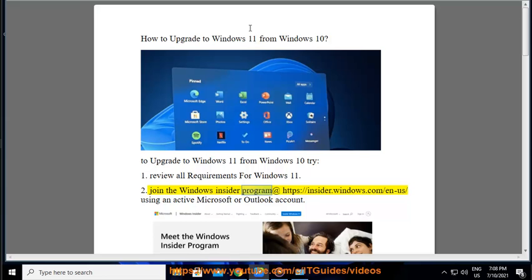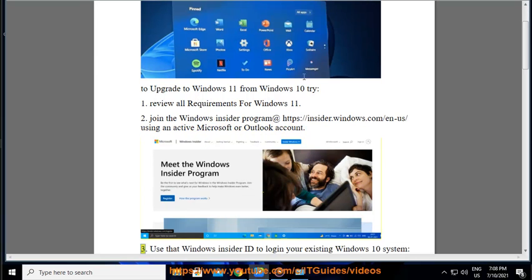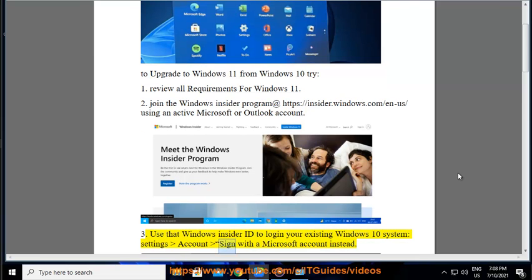Join the Windows Insider program at https://insider.windows.com/en-us using an active Microsoft or Outlook account. 3. Use that Windows Insider ID to log in to your existing Windows 10 system. In Settings, account, sign in with a Microsoft